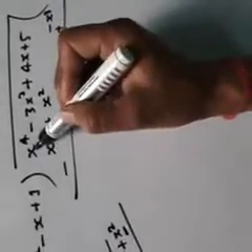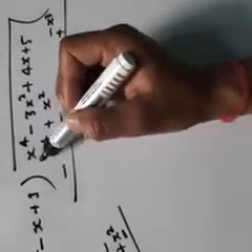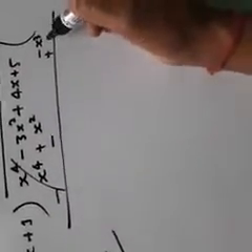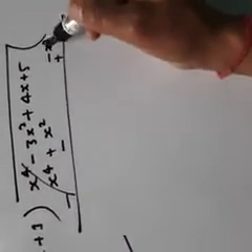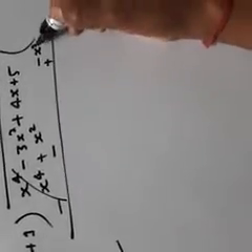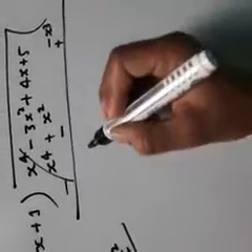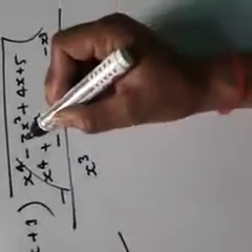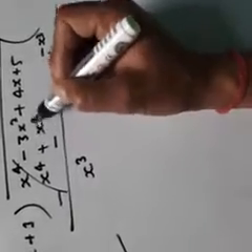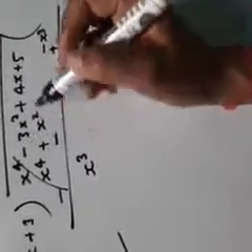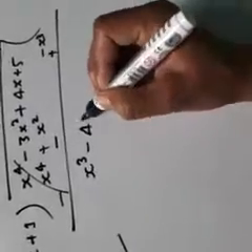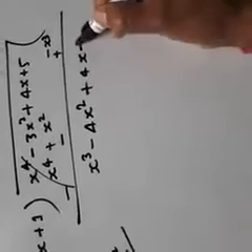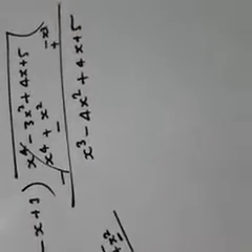Now student, subtract the coefficients. Plus 1, here it is minus 1, so they cancel. Now write the highest term, student. Highest power is of x raised to the power 3, so write x raised to the power 3 in the beginning. Now the coefficient of this x square is minus 1, so minus 3 minus 1 will become minus 4, and x square, plus 4x plus 5. Right, every other term is the same.